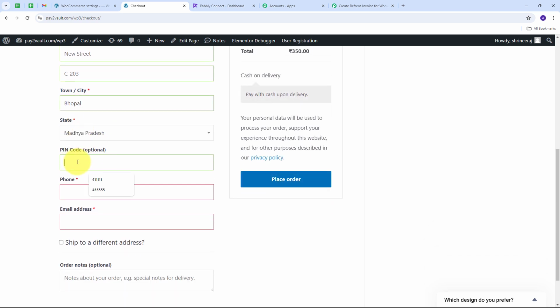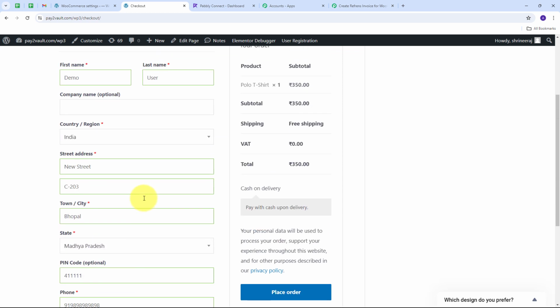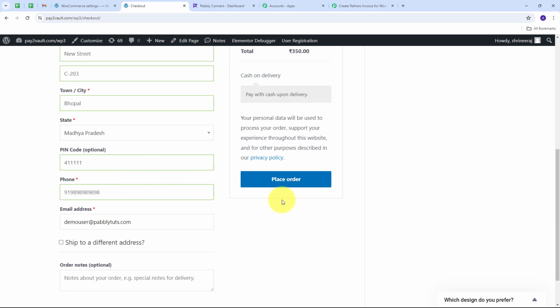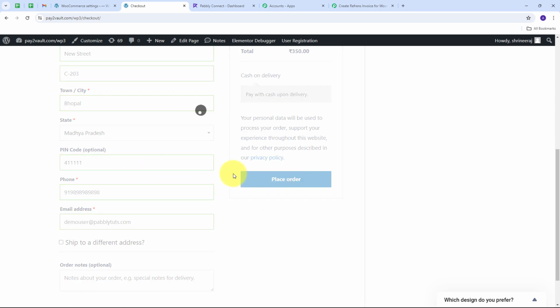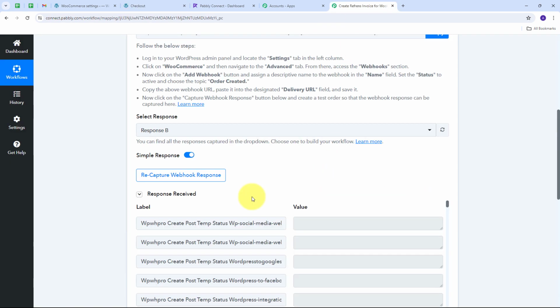Now I have to give a pin code, so I'm going to give my pin code. So this is a random pin code. I'm going to give the phone number and an email address. So my email will be demouser@pabblytudes.com. So I have filled all the details here. Now what I need to do is I need to click on Place Order, and I have successfully created this new order. Now what I need to do is I need to go back to Pabbly Connect,